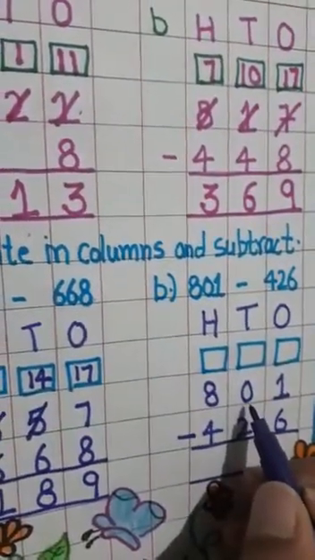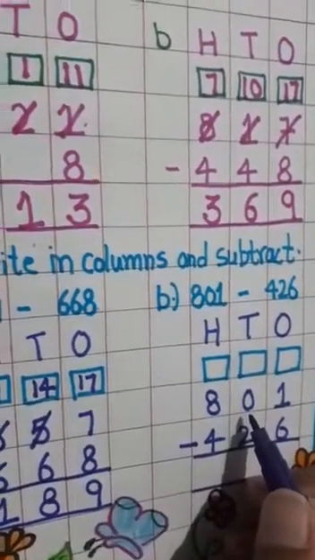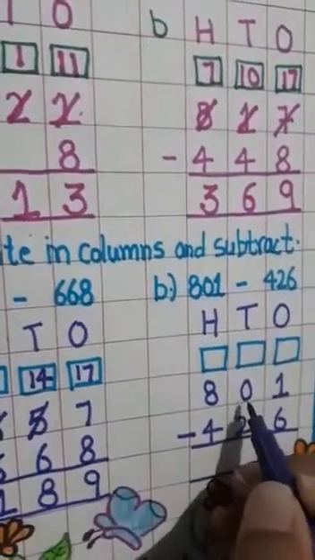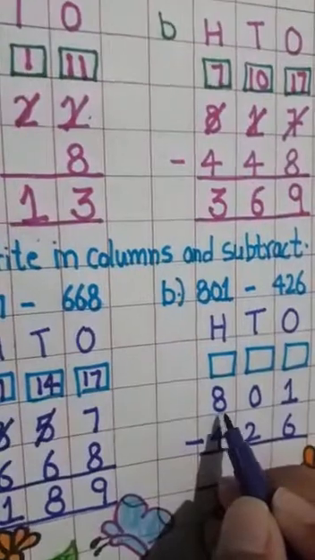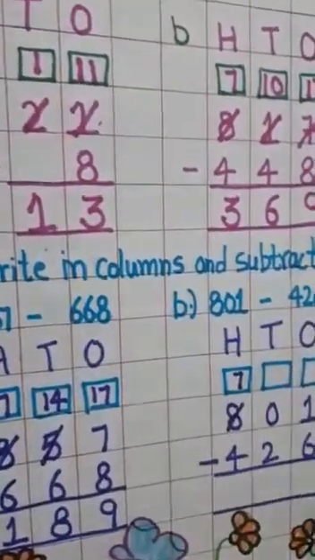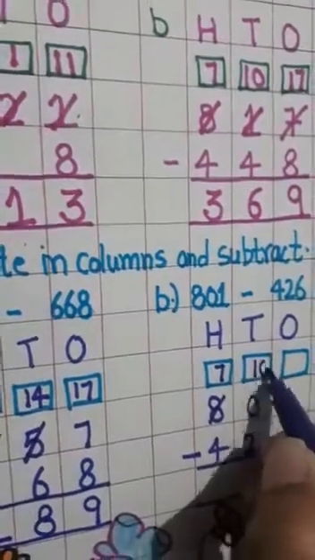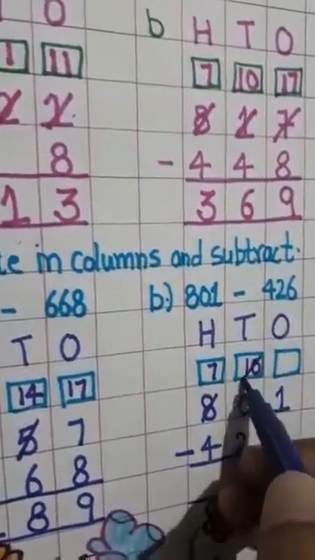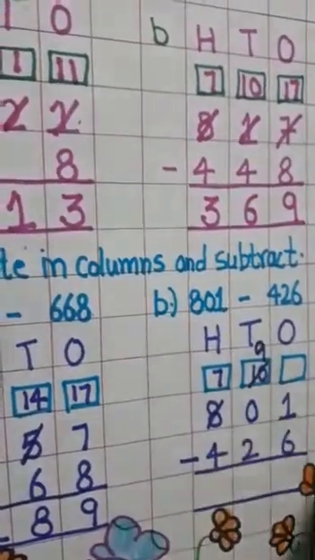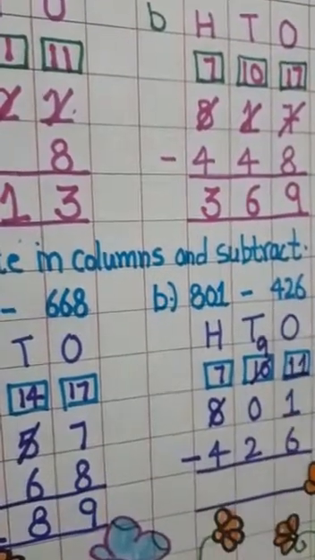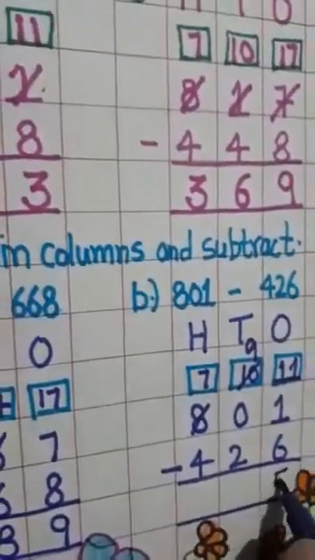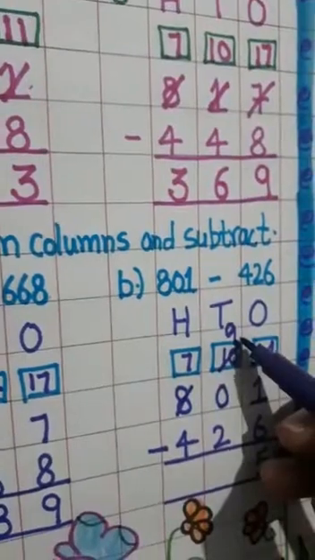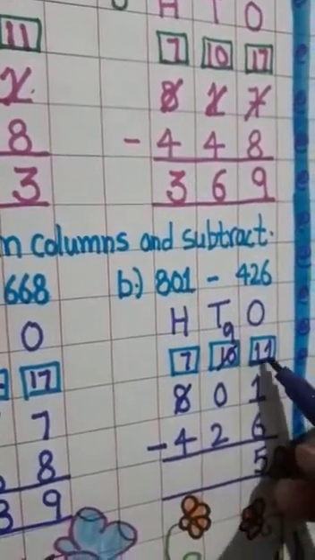Our neighbor is tens, but he does not have any digit. He is also 0. So first of all, the tens place will take one borrow from the hundreds place. It means here it is 7 and now here it is 10. Now the ones place digit can take from tens. We will cut this and now this is 9 and here it is 11. 11 minus 6 will be 5. Now what is there, 10 or 9? 9, because our ones place digit has taken 1 ten.